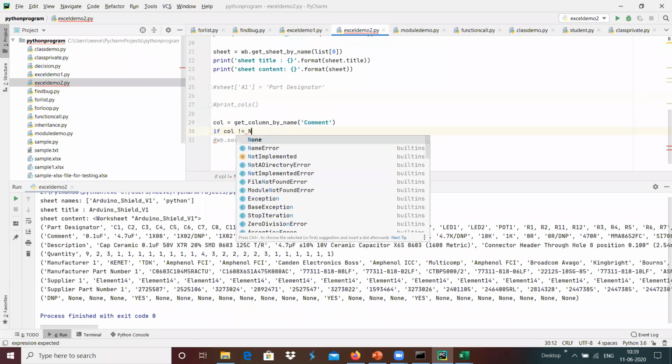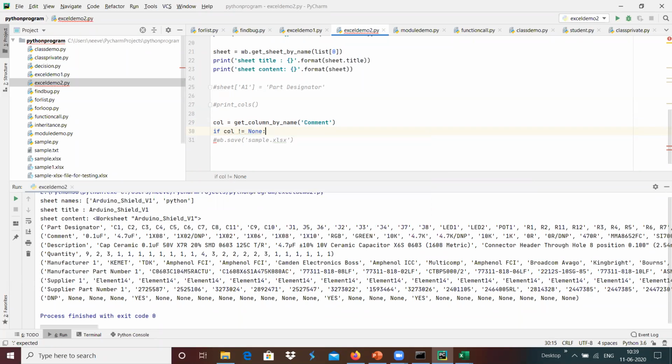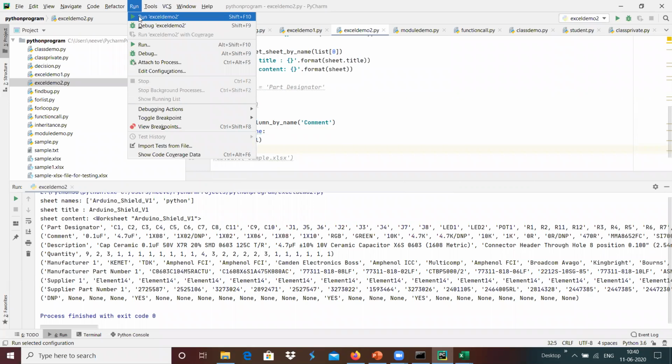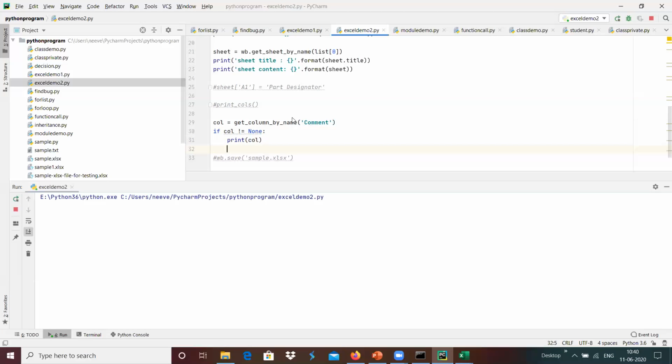I have the data in here, and I'm going to print the column over here. I'm going to run this. It has the comment,